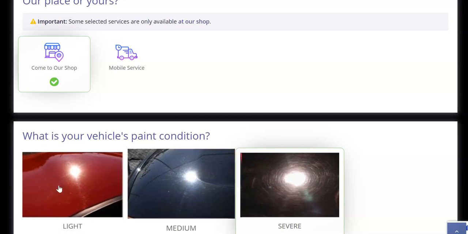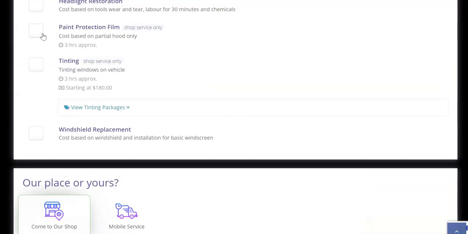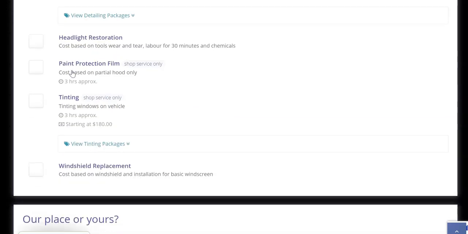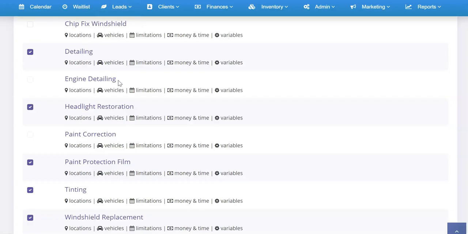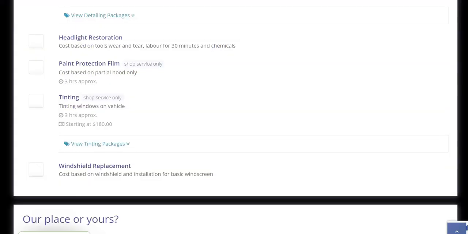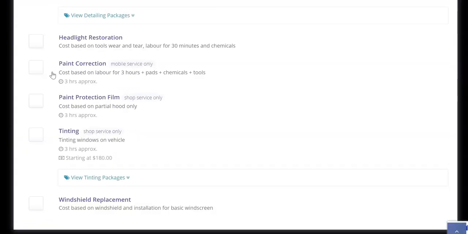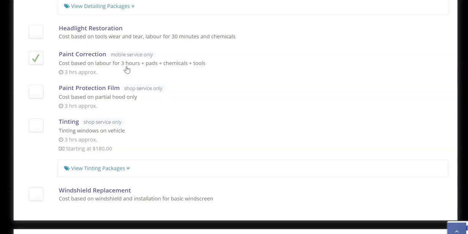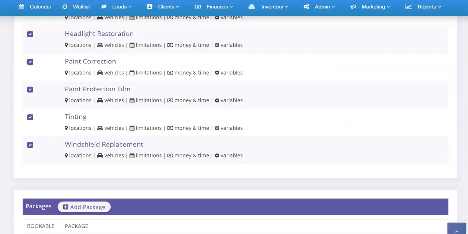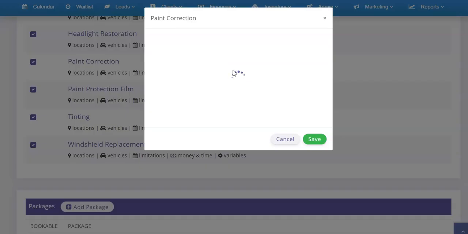And similarly, like this here, the paint condition, if I uncheck paint protection film and I go to, maybe I don't have that one enabled. Let me go enable that one. Paint correction enabled. Okay, refresh. All right, there we go. Paint correction. So if I click that, it's going to also ask the vehicle's paint condition, because if I go to paint correction and I click variables, you're going to see that it's got, once it loads,